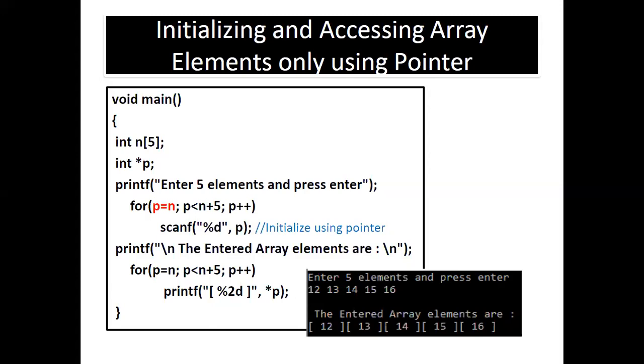My question is simple, I'll be asking you, and check at home. Can I start with the third element, like p is equal to n plus 2, and then start working with only the third, fourth, fifth, and sixth elements, something like that? Can I do that? You'll say yes. My question is, have you executed it? So please execute and play with the code to get some better answers.